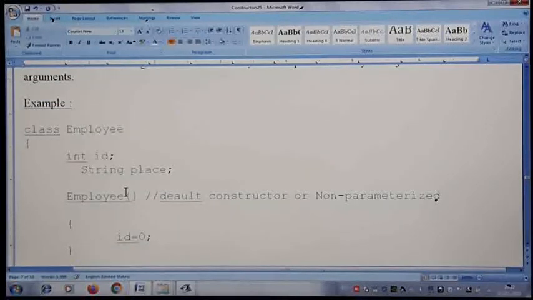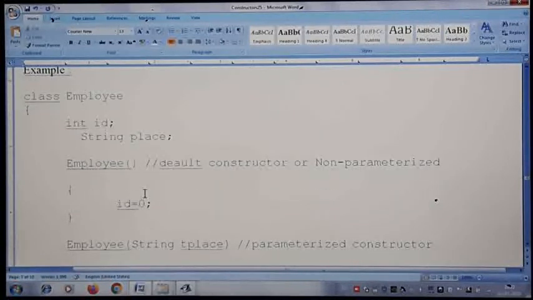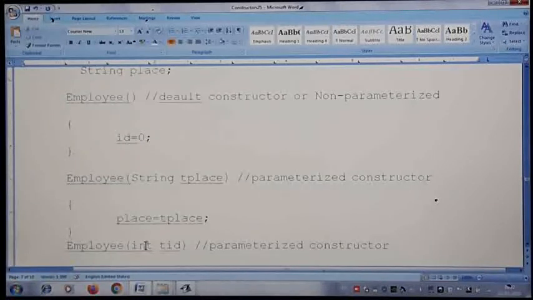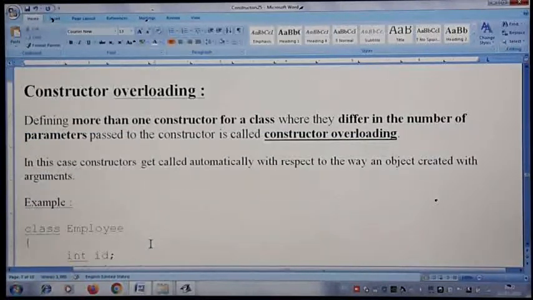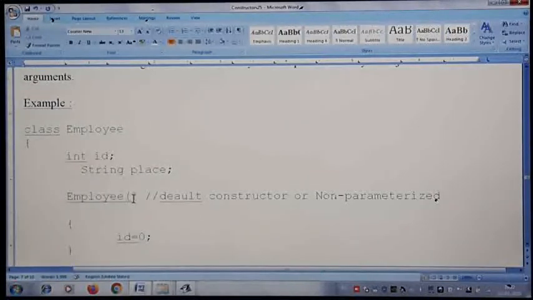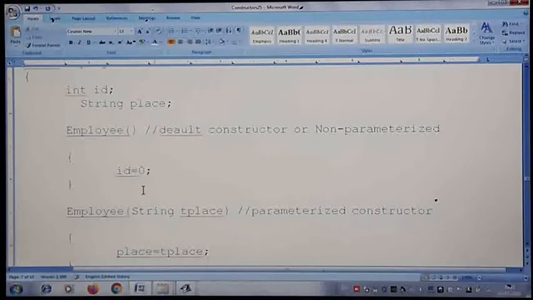So it depends on how you create an object. Based on that, it is going to call the constructor: first one no argument, one with string argument, one with integer. We differentiate one constructor from another based on the number and type of the arguments. And remember, the same rules you had in method overloading apply here also. Constructors do not have any return type, so we don't consider it.